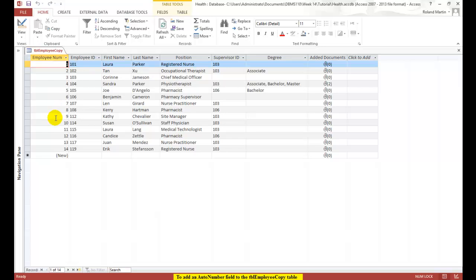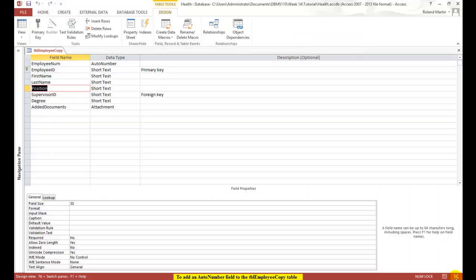Alright, as we end this part of this session, let's look at our design view here. We're going to look at our properties for this table. So let's select the design view here. Come down here to our field properties area. You'll notice that the position field, as we select position here, if you come down here, you'll notice that the required property is set to no,